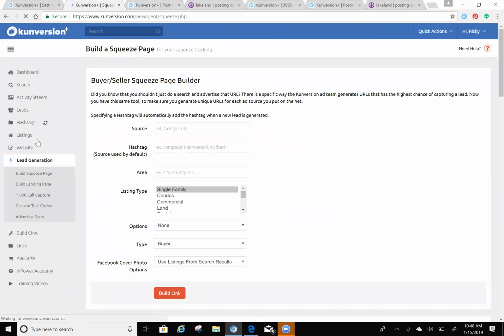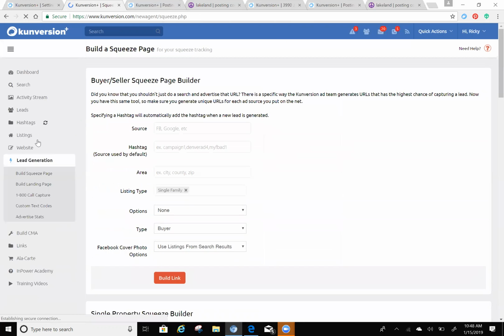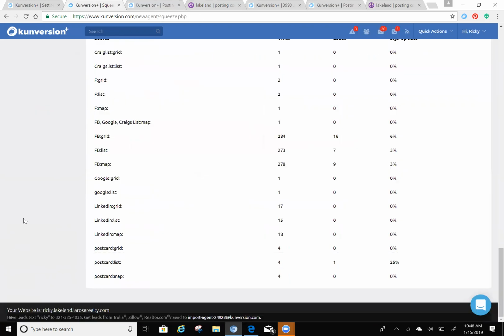Your actual website, go all the way down to the bottom. Go to any page and scroll all the way down to the bottom. See how I went all the way to the bottom? So in your dashboard or any other page you're opening in Conversion, go all the way down to the bottom. See where it's on the black, it says your website is